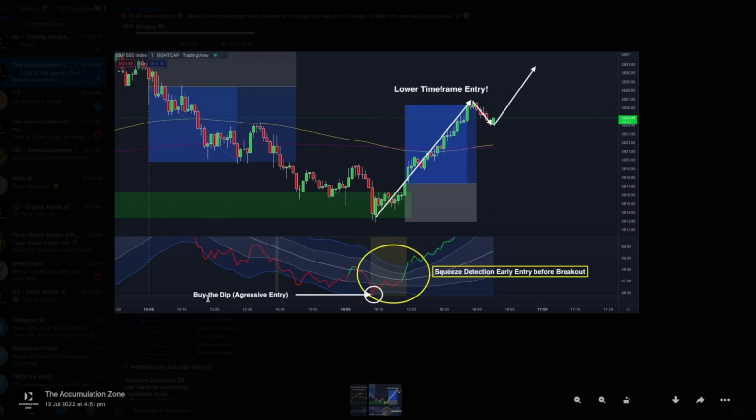We saw a little wick outside of the lower Scalper Pro band, and a squeeze was detected at the same time. So this could have been a very aggressive entry right at the close of the candle, or you would have just simply waited till we break out of the Scalper Pro bands to the upside within the order block, and that's exactly where I placed my entry. I placed my stop loss right here at the bottom of that wick and shot for a 2-to-1 risk to